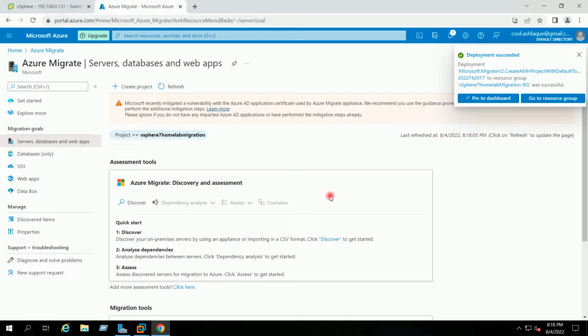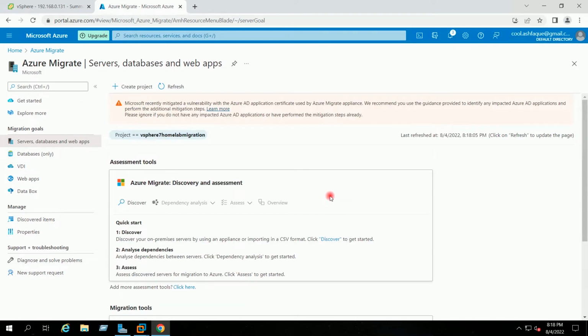Okay, so here the migration project has been created, and you can see on this page our project name is highlighted, meaning this project has been selected, vSphere 7 Home Lab migration, which is today's project name.